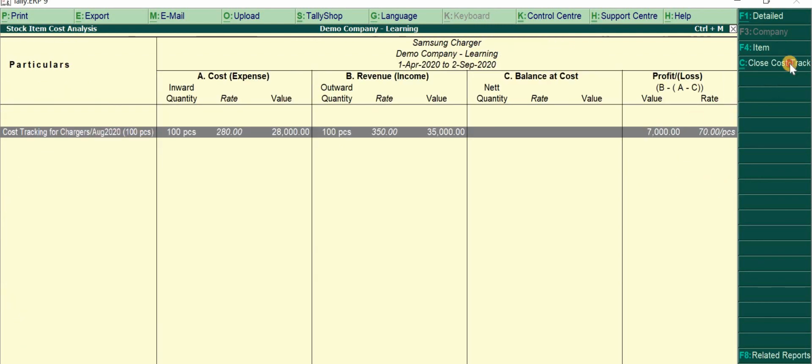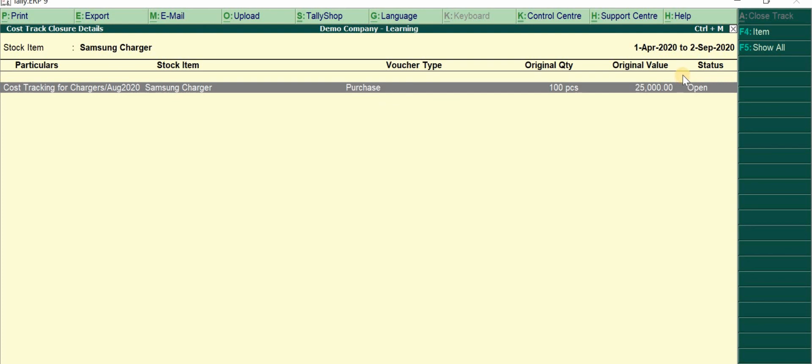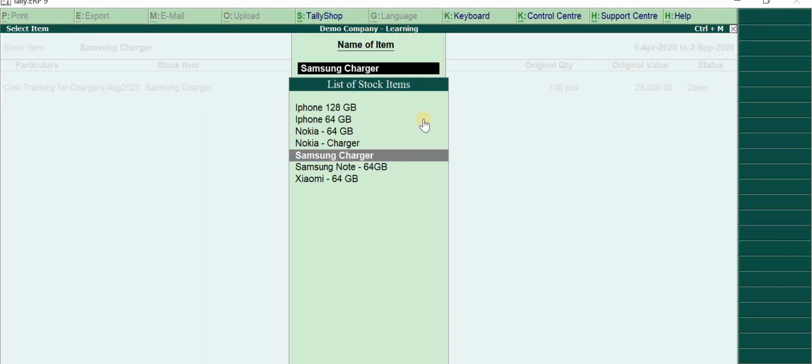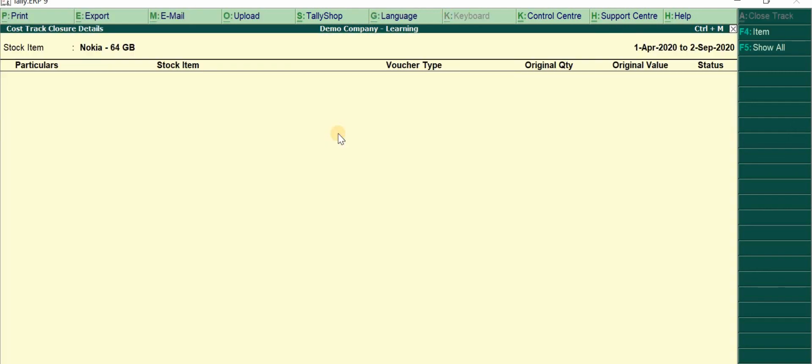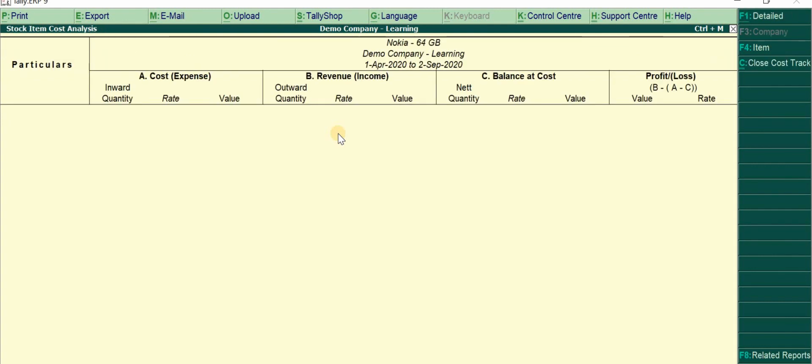Now suppose you want to close, then click this, select. How will you select? You will select this by pressing spacebar. When I press spacebar, this is being selected. Okay, and as you are selecting it, it gives you an option to close. If you want to change the items, you can select from here, but since we have only enabled for this item, it will not be applicable for other items. If you want to see, it is not there because we never selected anything.